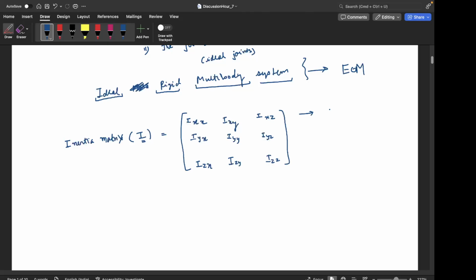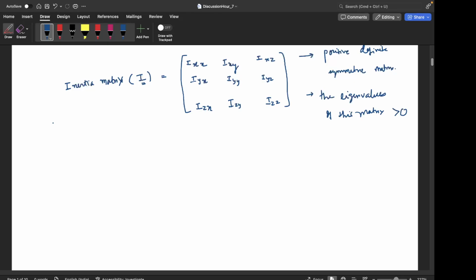So this matrix has some special properties. It is a positive definite symmetric matrix. Positive definite means that the eigenvalues of this matrix are always greater than 0. And there is a physical significance of these eigenvalues and the eigenvectors of this matrix as well, which I will discuss in a moment. The definition of these terms is given as that Ixx is the integral over